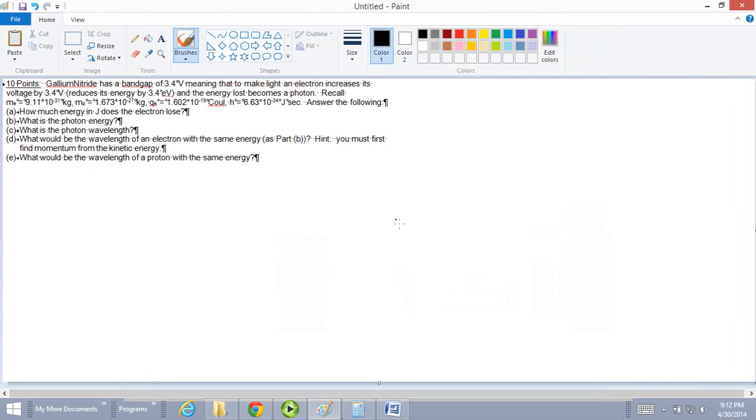Okay, here's the next problem. We have gallium nitride, a band gap of 3.4 eV. This has to do with electrons absorbing and emitting energy. So if we elevate the electron energy, so this is positive energy, and we bring an electron up, we go from a low energy state to a high energy state, and the energy gained equals 3.4 electron volts,